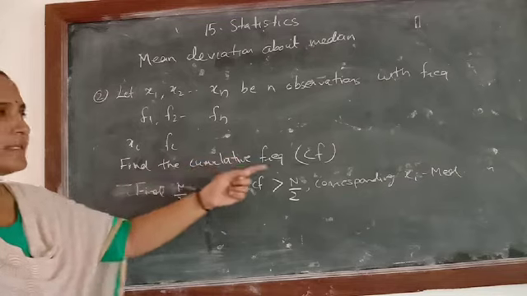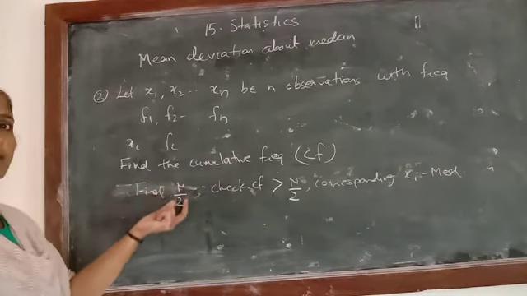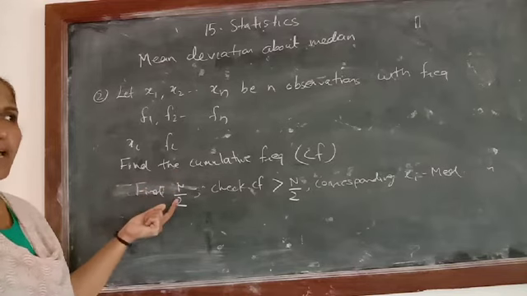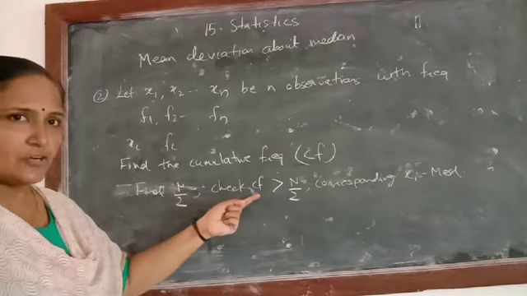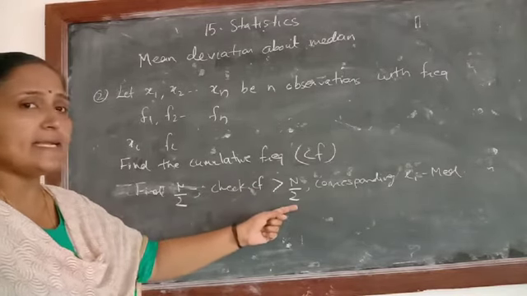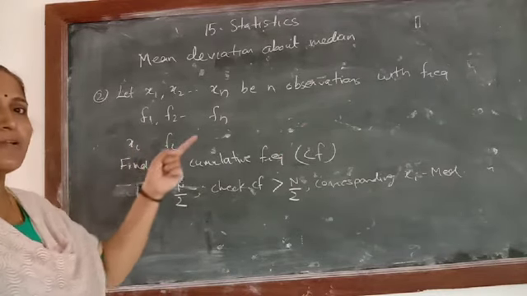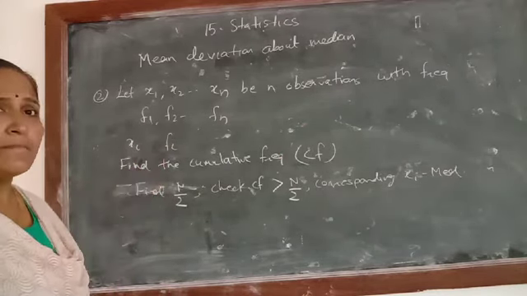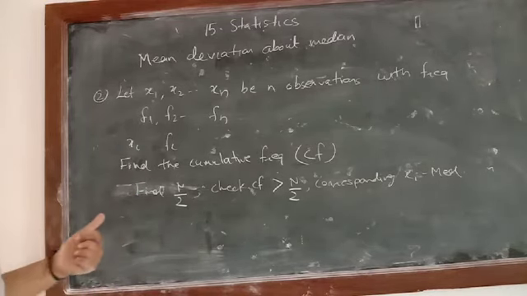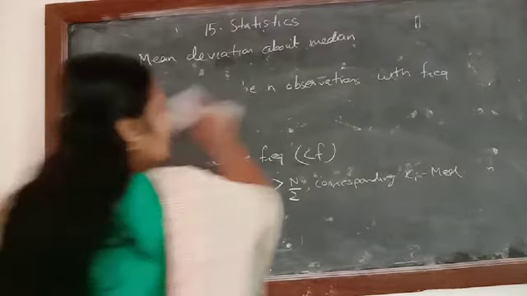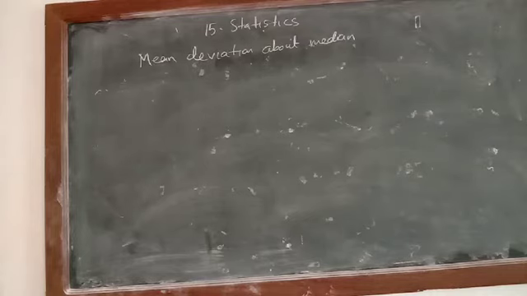First you have to calculate the cumulative frequency. After that, at the end you get the number of observations, divided by 2. We do this to check the middle term. After that, check the cumulative frequency which is just greater than n by 2. Corresponding to that frequency, the value of xi will be the median. So this is the case when xi and fi are given. Now the next one: write down the median of continuous frequency distribution.